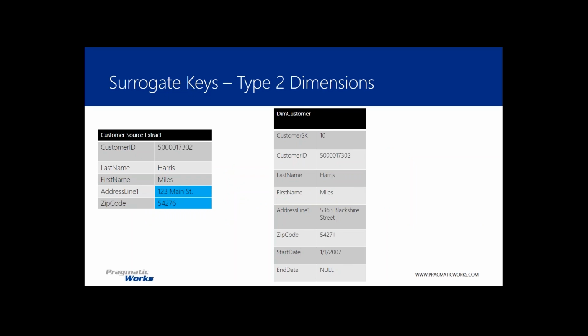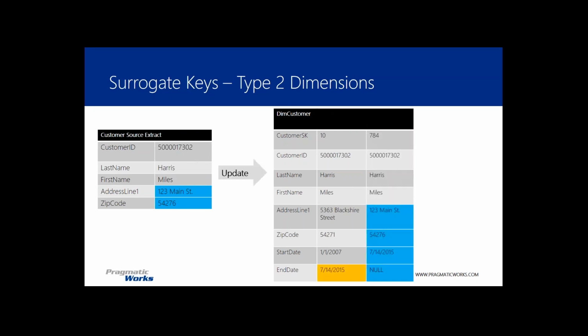So you'll see here, kind of same situation. You'll notice the extra columns there at the top, that customer SK, and then those two fields at the bottom where we have the start date and end date for the records. And as soon as we issue the update, we're going to go and end date the current record. So that's 7/14/2015. So we're going to put today's date in there, and then we're going to start the new